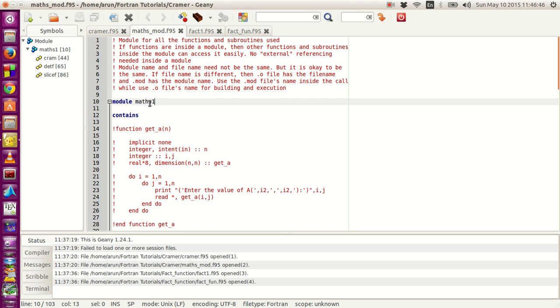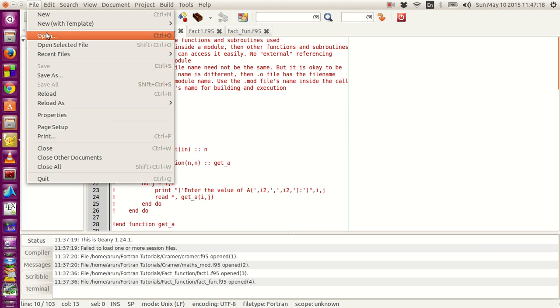If the file name is different from the module name, then the object file you get while compiling this file will have the file name. If I compile this, the object file will be maths_mod.o, whereas the module file's name will be maths1.mod. Now that being said, I have to use the .mod file's name inside the call, while the .o file's name for building and execution. I'll explain what I mean. I'll just open